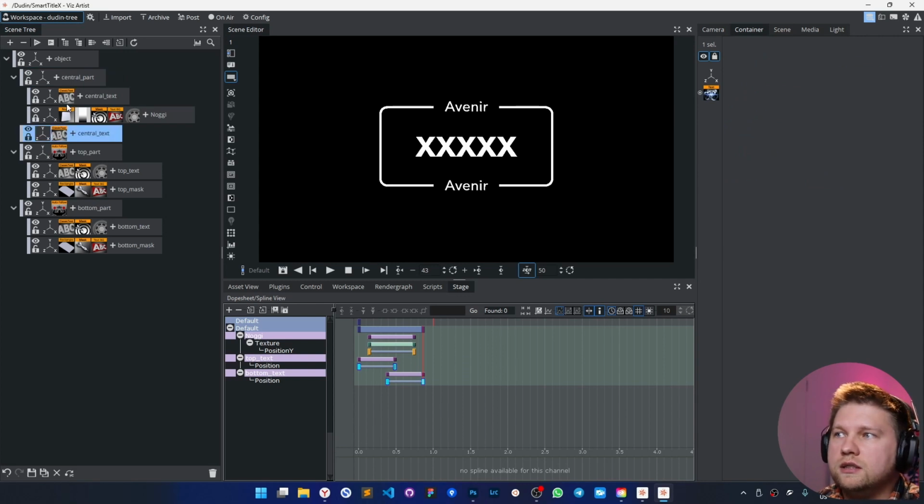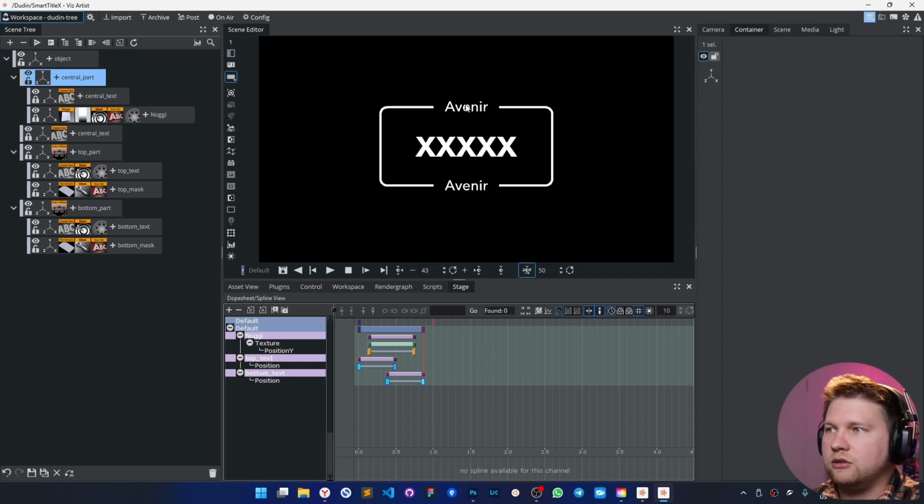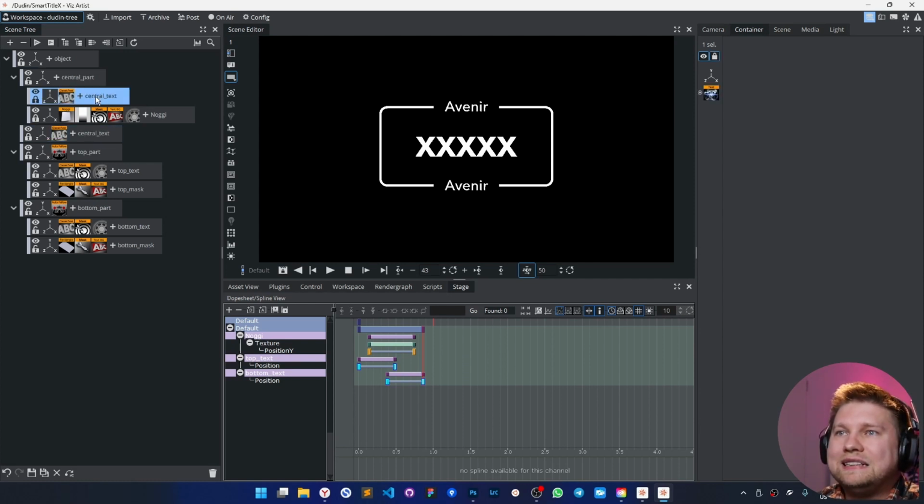Let's move it like this. So now the first element is the central part. So now the following, I just restore the default behavior. And as you can see, this specific element, the central text, will be just for the bounding box. So I don't want to animate it at all.